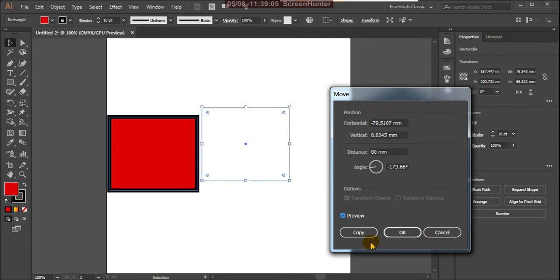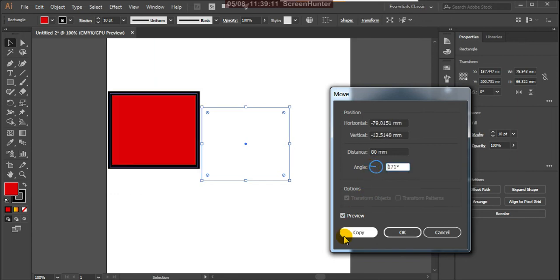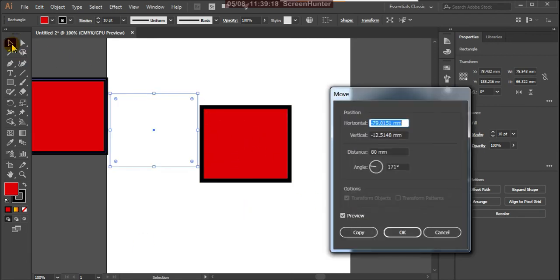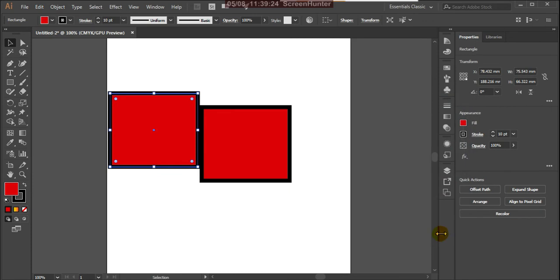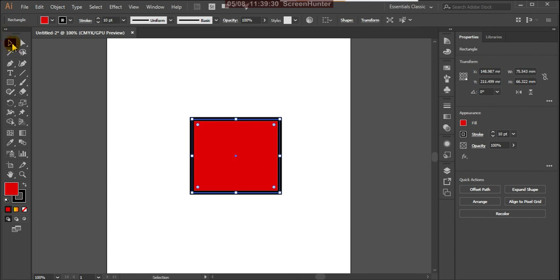Okay, changing. And suppose here you can apply the angle also. Okay, and here suppose copy, so we'll get a copy of that object. Okay, so these are the options of that particular tool. So this is about the selection tool V.